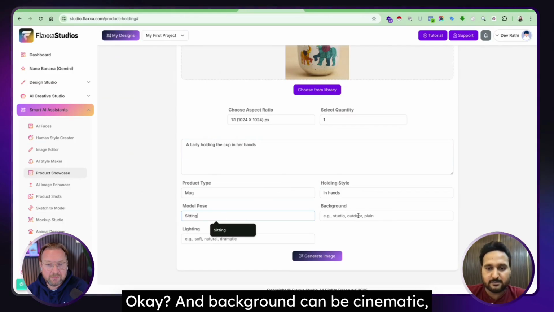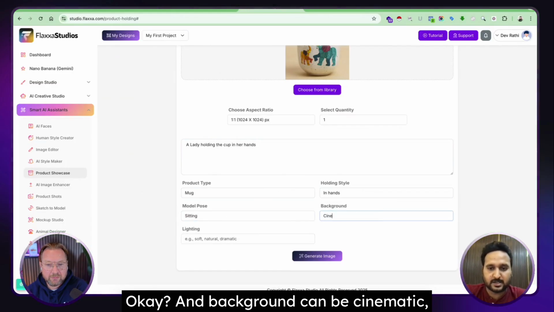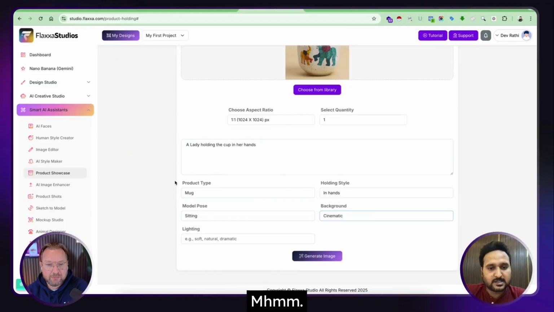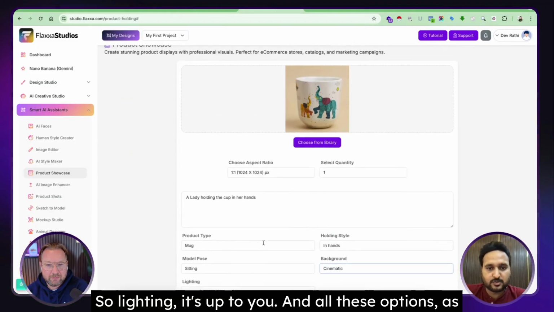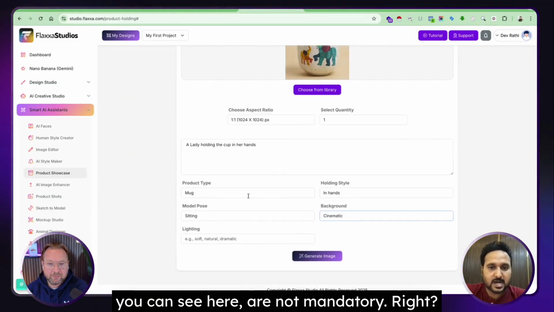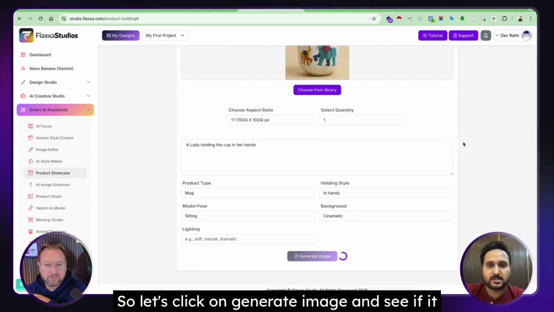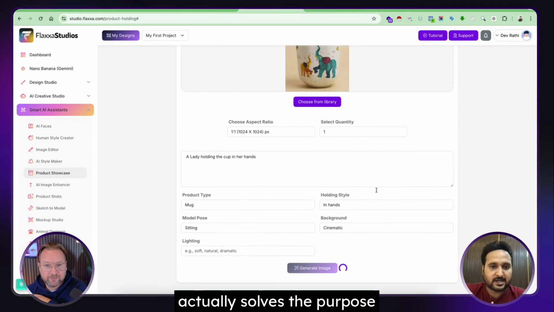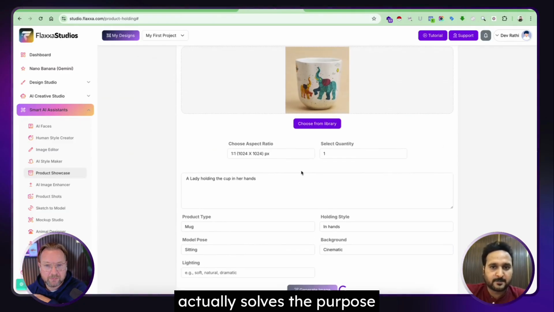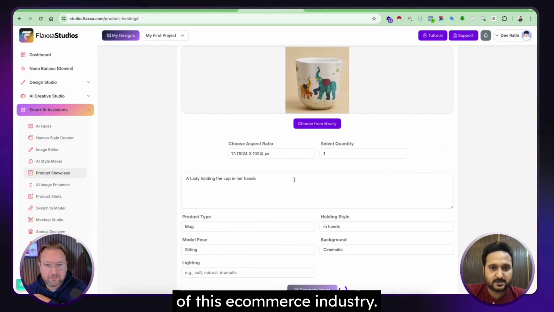And the background can be cinematic. Lighting is up to you. All these options, as you can see here, are not mandatory. So let's click on generate image and see if it actually solves the purpose of this e-commerce